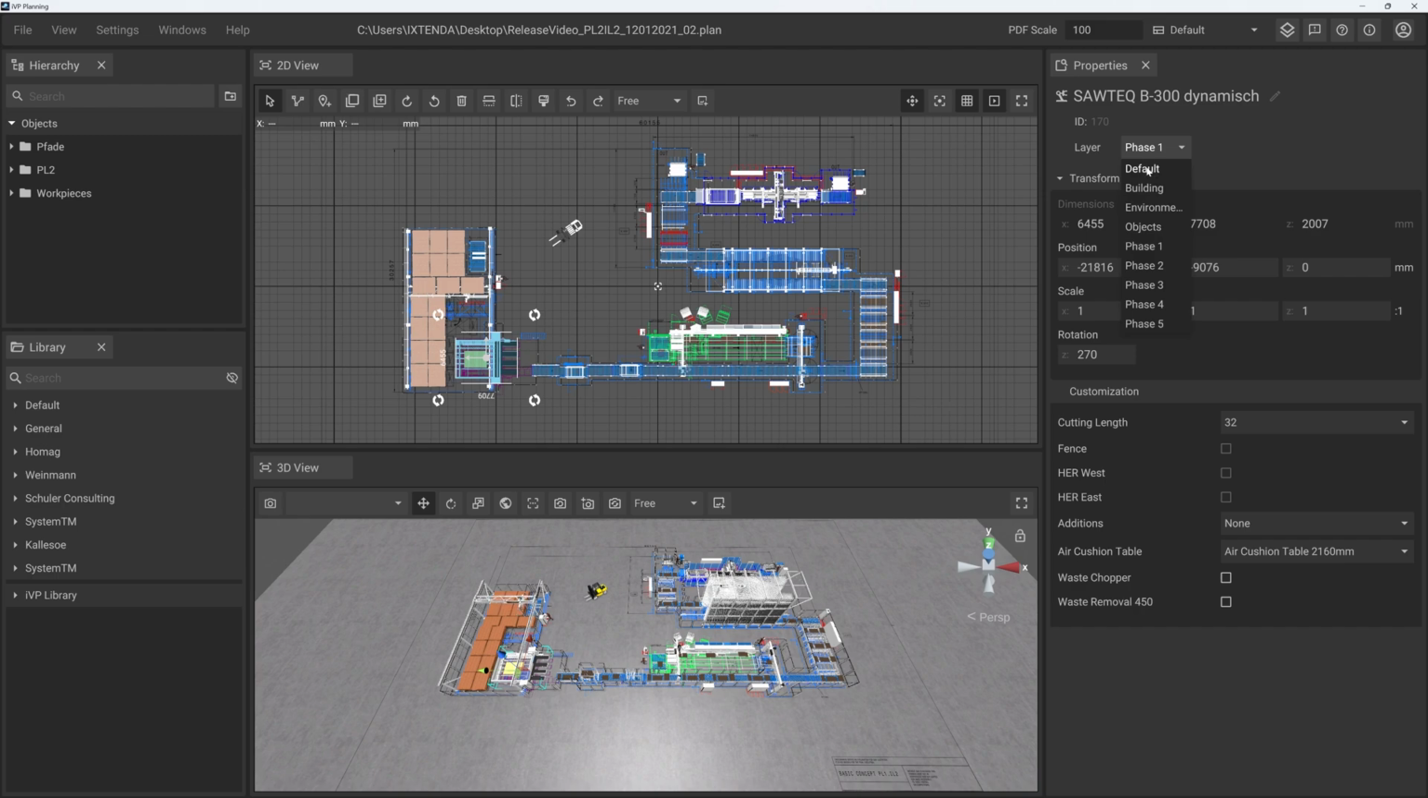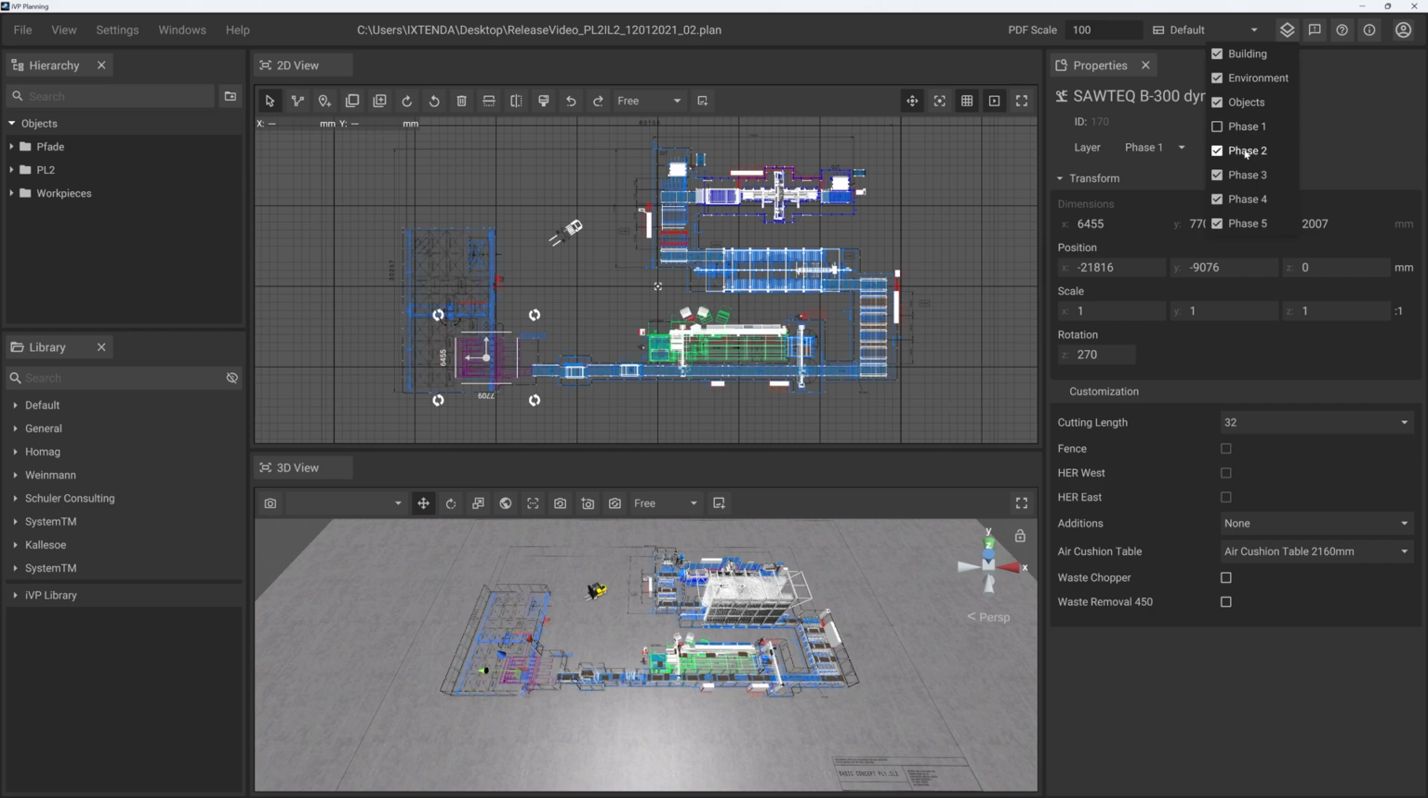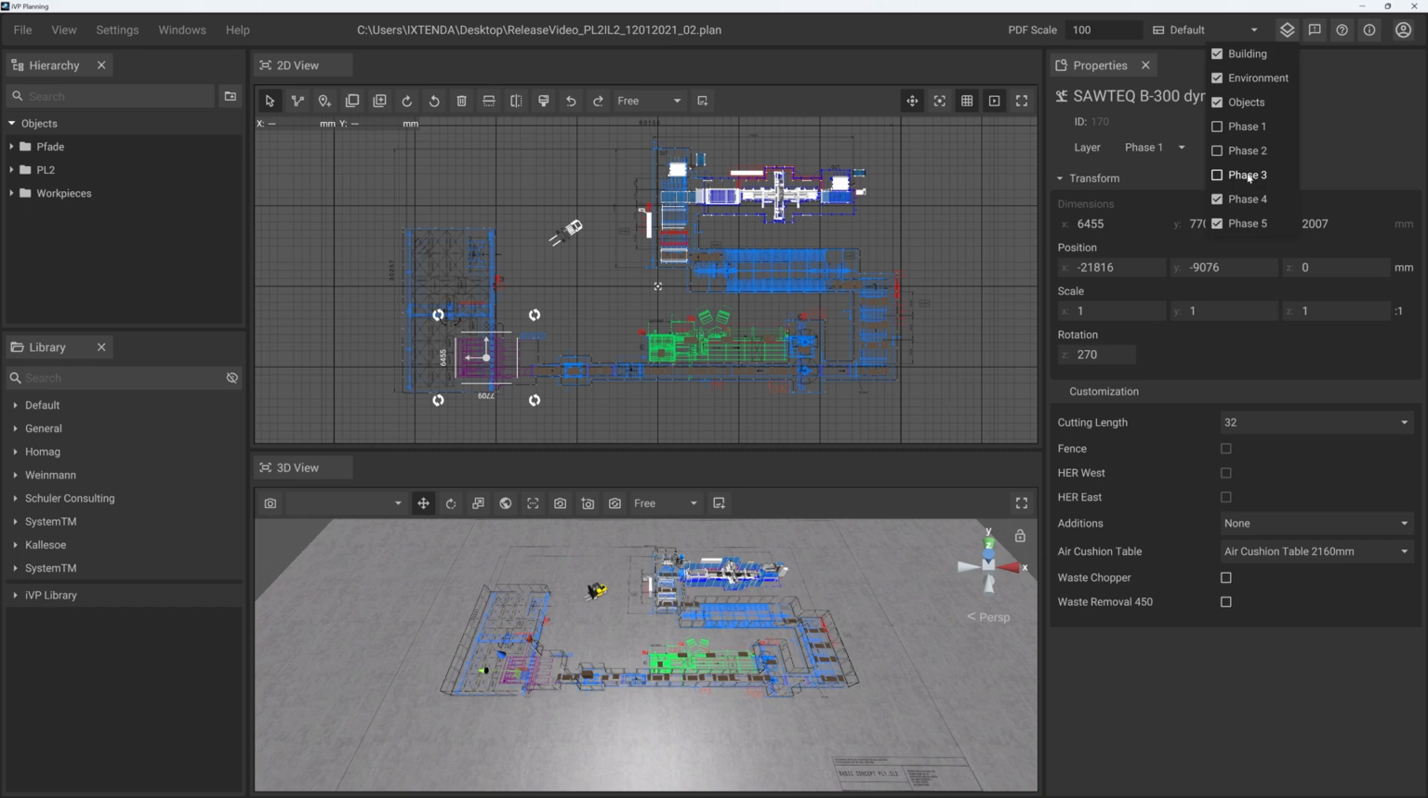So this means if we want to disable or enable different layers, we can just do it by selecting or deselecting it here at the top. For example, I just added some files to different phases. So we have phase 1, which is cutting and storage. Phase 2 is edge. Phase 3 is your storage system, and phase 4 is CNC system. Phase 5 doesn't have anything, and then we also have objects, which is disabling my work pieces here